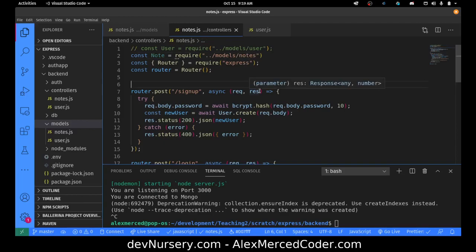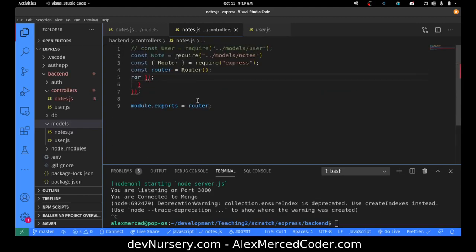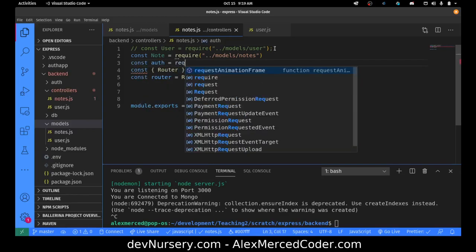Cool. I don't really need any of this for the moment, so I can delete all these routes. And I do need the auth route because I don't want people accessing their notes unless they are logged into their account. So let's bring in that auth middleware. So const auth equals require